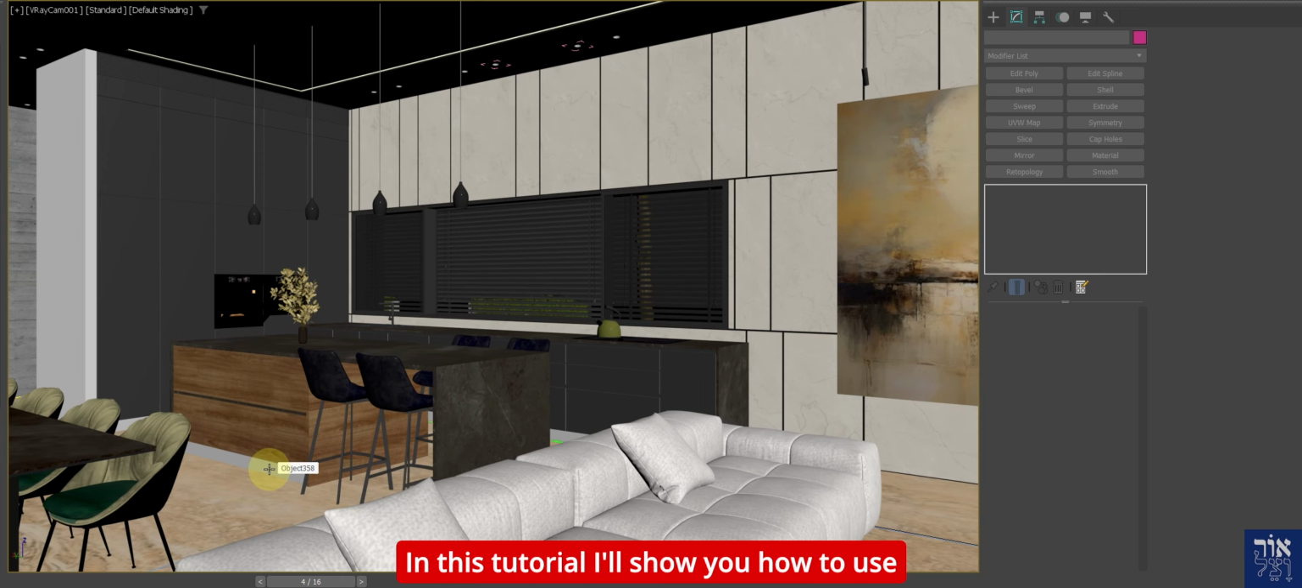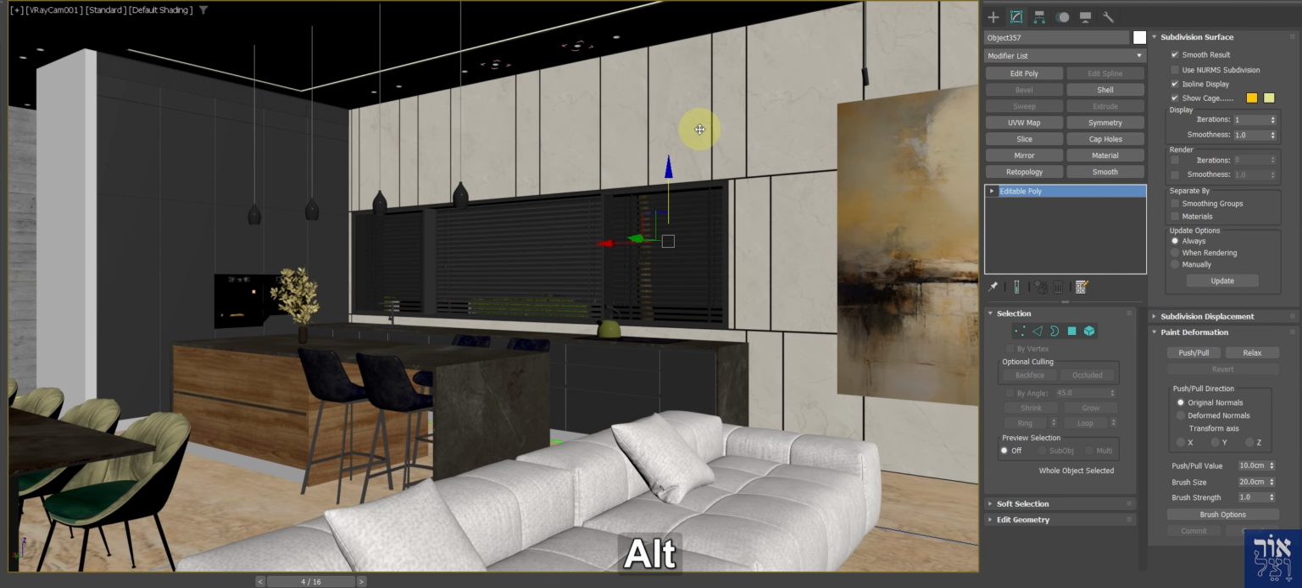In this tutorial, I'll show you how to use the outline in 3ds Max, and in this kitchen interior, the designer told me that the gaps between the surfaces, this black gap, is too wide, even though the initial dimension is correct. So what I'm going to do, I'm going to isolate it,